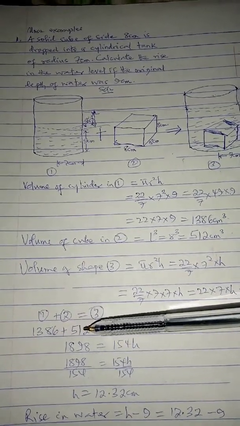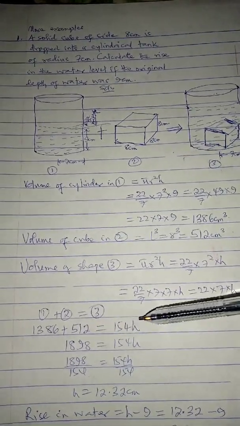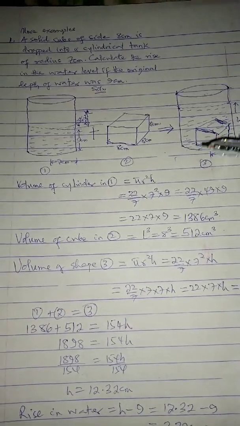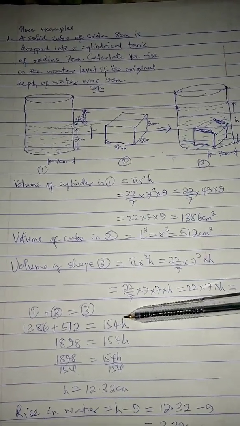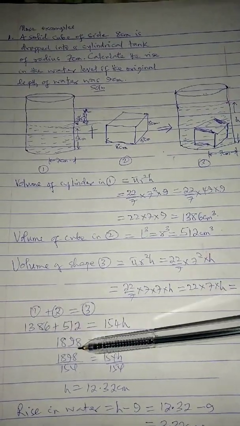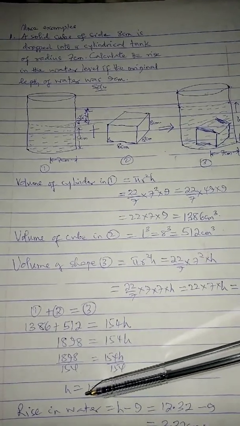Number 2 is the volume of your cube, 512. Diagram 3 is the volume of the water in the cylinder with height h, which is 154 h. Then you add and divide through by 154, and the height is